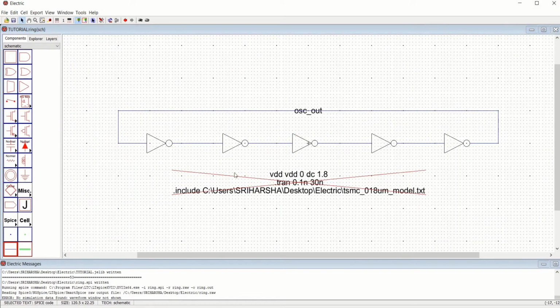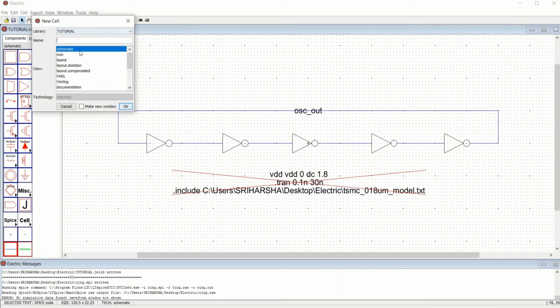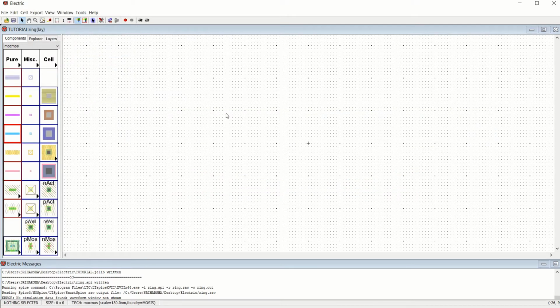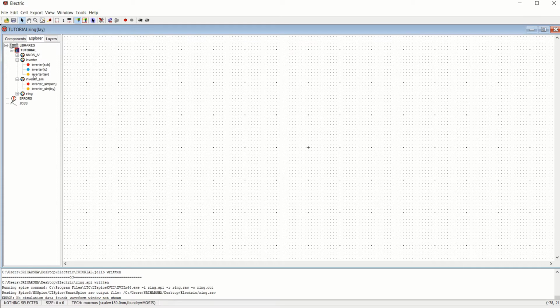Similarly, we can perform the layout of this ring oscillator by using the same layout of the inverter. So create a new cell: go to Cell, create new cell. This time select the layout mode and name it as ring, the same as your schematic. Click OK. Now your palette has changed. It is not required for you to draw from scratch,